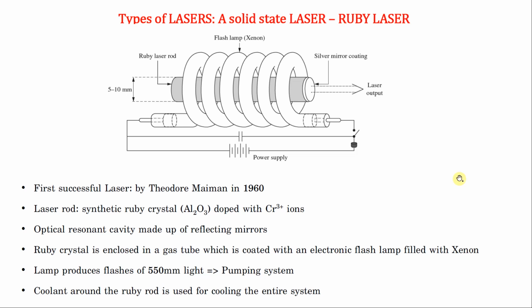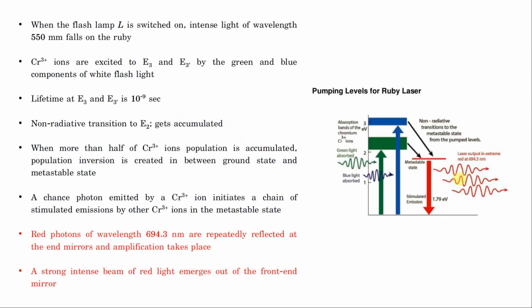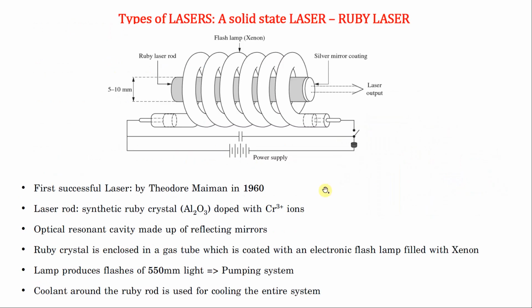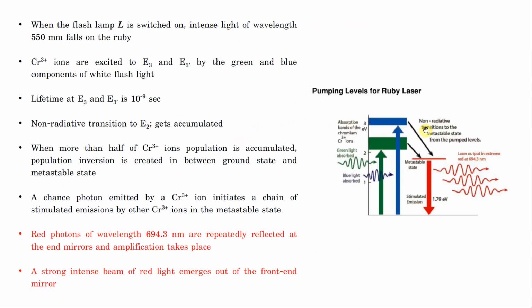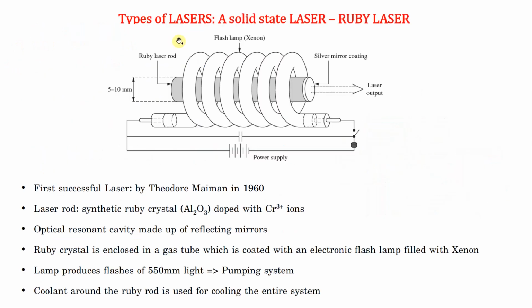So let's see how it works. When we switch on the flash lamp with this power supply here, it produces an intense light of wavelength 550 millimeter,